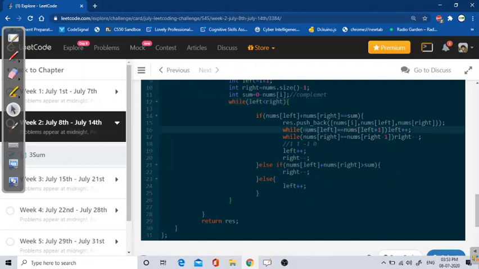I have to check the condition that my left is less than right, because it is moving out of bounds. I have to take care of this corner case.